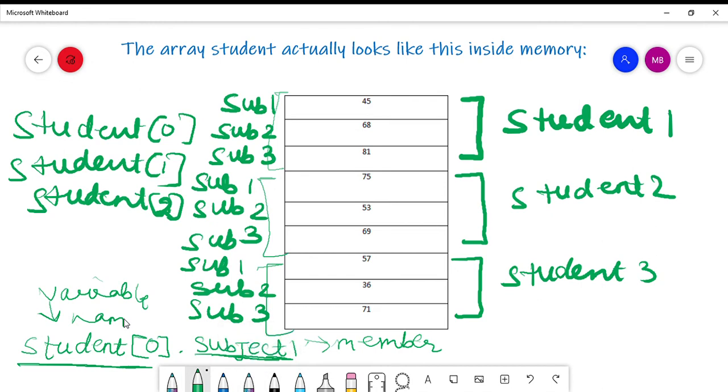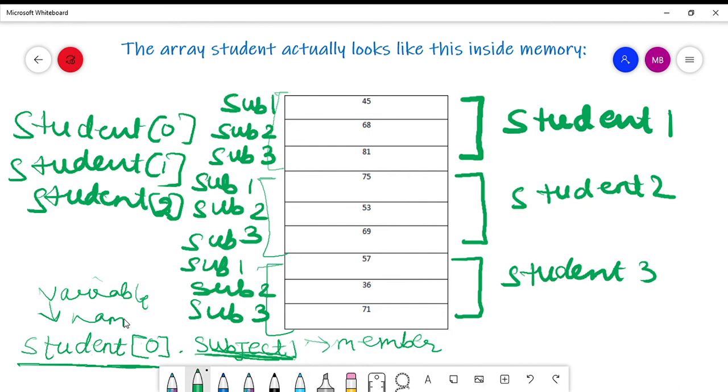Here the variable is an array and the indexing for an array starts from 0. So if you want to access the marks for subject 1 of the first student, how will you do it? Student 0 dot subject 1. So this represents the marks for subject 1 of the first student, or the 0th student. So this is how you would access the array in case of a structure also.